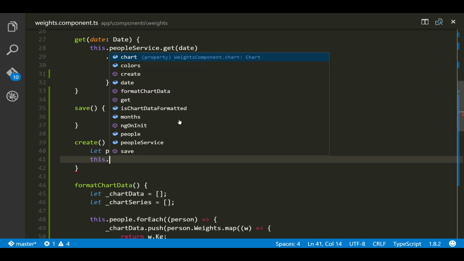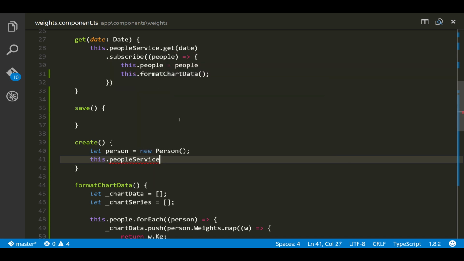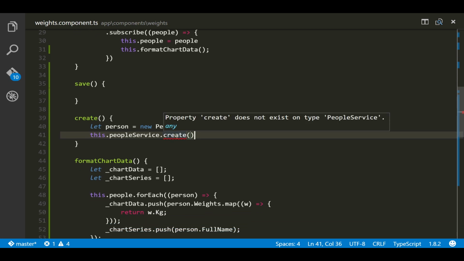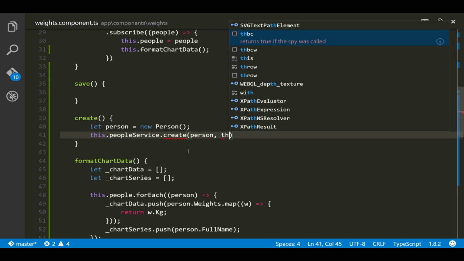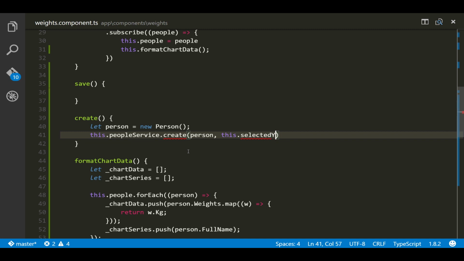I'm going to go this dot people service, and I'm going to call a create function on that service that doesn't exist. So TypeScript straight away is going, hey, that doesn't exist on the people service, this property of create, but we'll come back and add it in a second. So I'm going to pass in a person there that we've just made, and I'm also going to pass in this dot selected year,